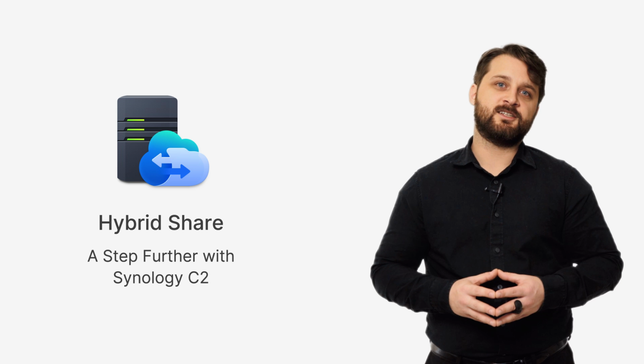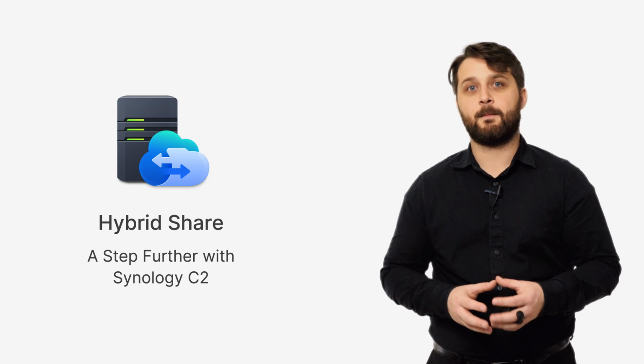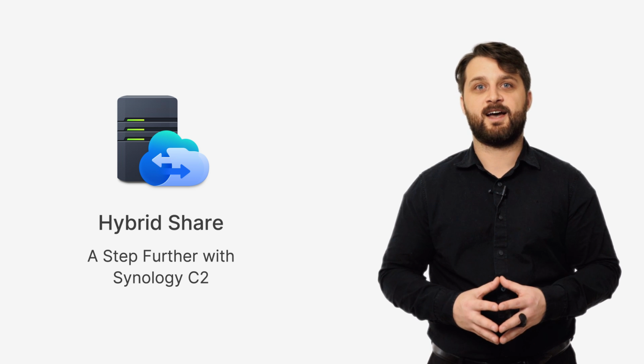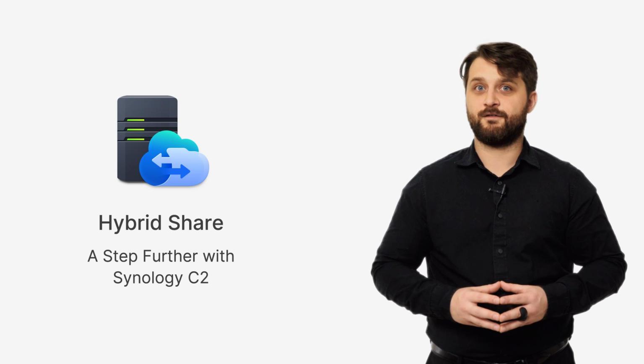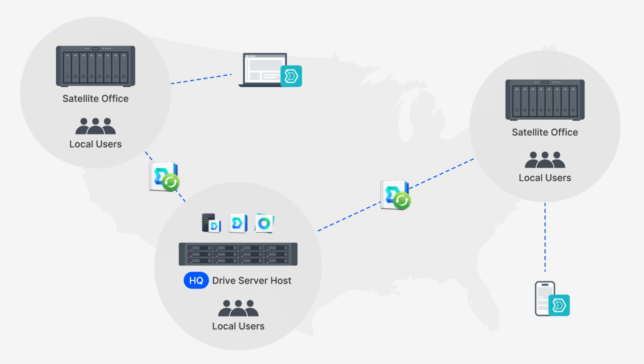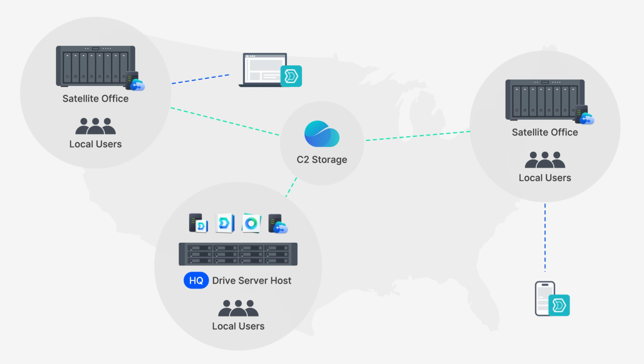Now, with this, it essentially replaces ShareSync by having the Synology C2 environment as the central syncing hub. And what that means is that C2 itself can control the global file locking. So what this would look like in our build, we would have the same satellite offices, but instead of those ShareSync pathways, those would be essentially replaced with Synology C2 Storage and Hybrid Share, and all the satellite offices and HQ would sync with that central hub. And that central hub would control things like file locking.